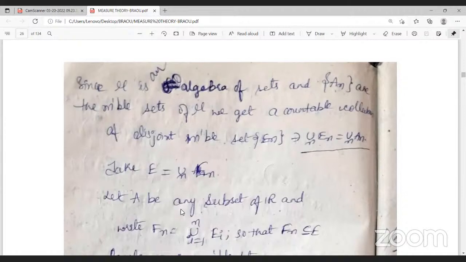Decreasing means 1 by 2, 1 by 3, that is a decreasing series. Here also the same: decreasing means Un plus 1 is less than or equal to Un. Here the sets satisfy En plus 1 is a subset of En is a subset of E1. Okay, now therefore